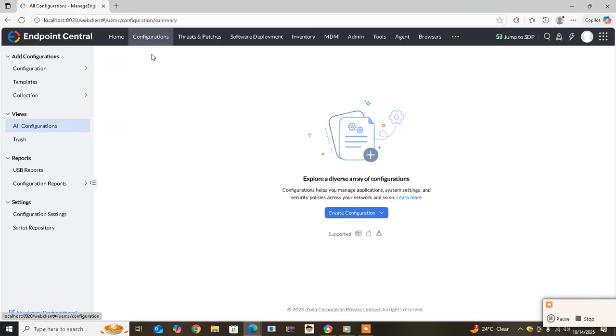What is the benefit of this tool? I will upload more videos for this tool, and personally I use this tool in my organization also, and I have observed that it works very well, and there are multiple features that are very useful for endpoint